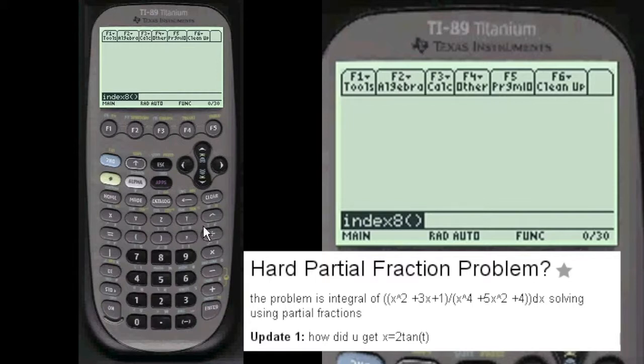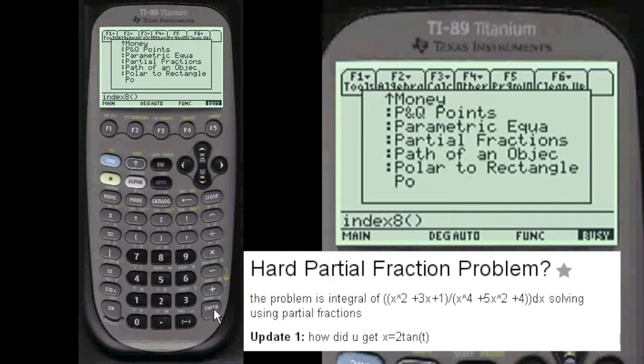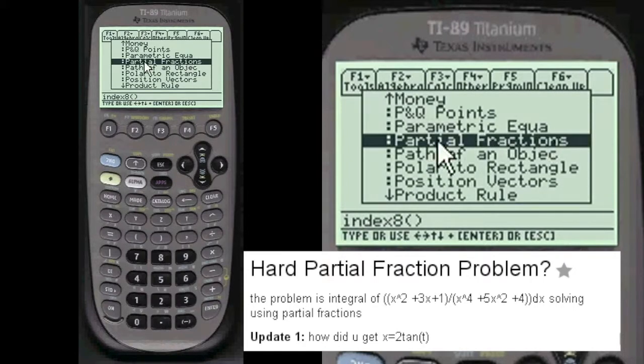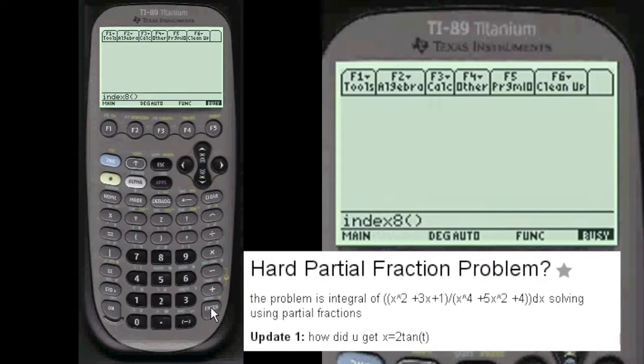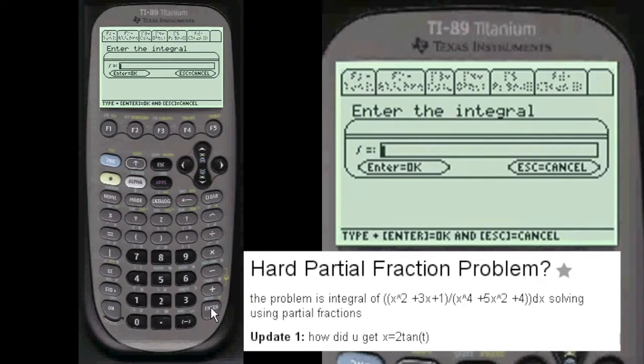But let's do it. Index 8 to get to my menu. Scroll down to partial fractions. We're going to enter the integral. Have to press alpha before you enter anything in these entry lines. So we're going to go alpha, and then we're going to left parentheses